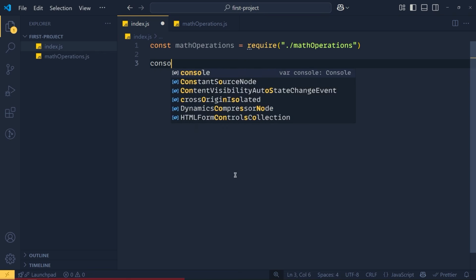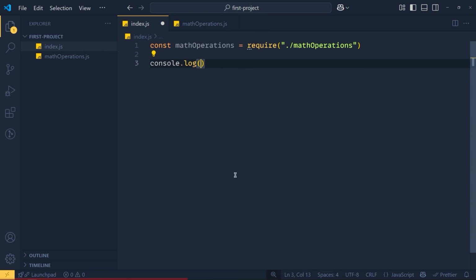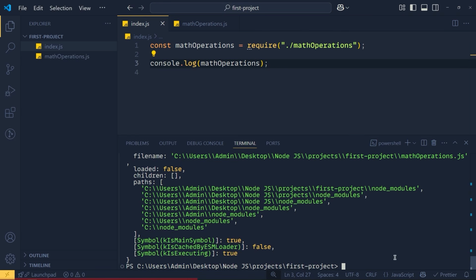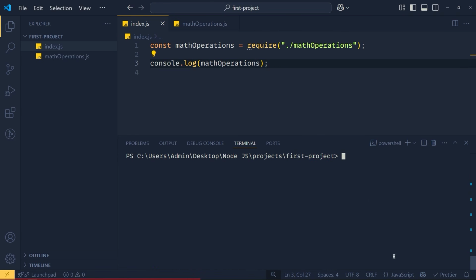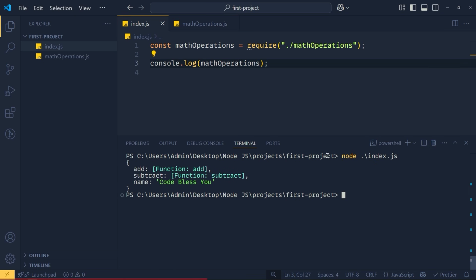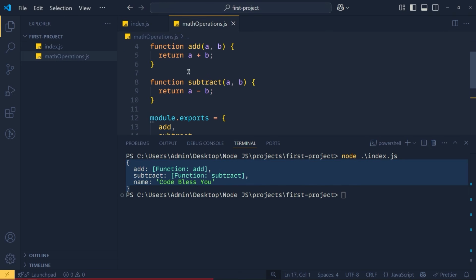And here we simply console.log math operations. Save the changes. And now we can run this index.js file. So node index.js. See, here we get the object with those three properties, which we added in the exports object